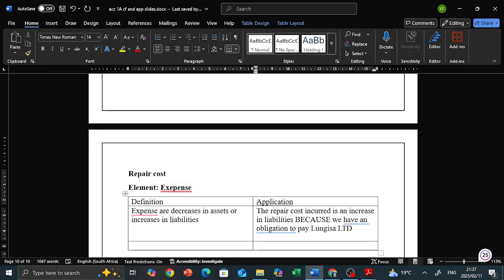Because we have an obligation to pay Lungisa Ltd for